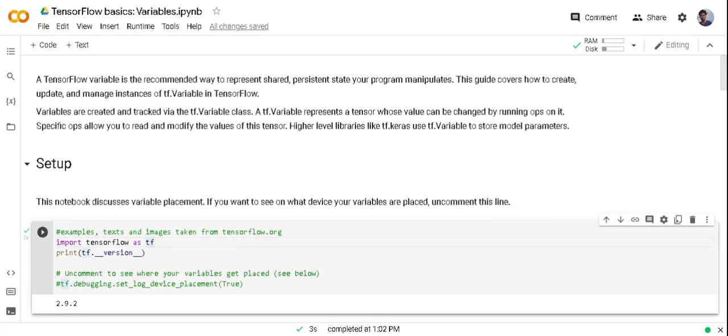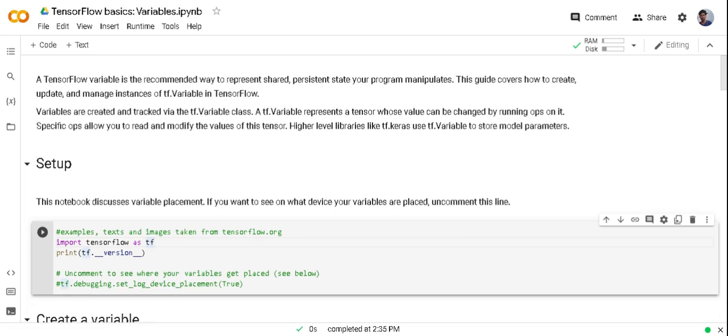In previous lecture, we have cleared the concept of tensors. And one thing is tensors can't be changed. When we defined a tensor, we can't assign a different value to tensors. But in this lecture, we will see how to create variable. So variable is like we can assign or change values of variables.